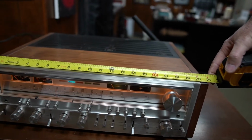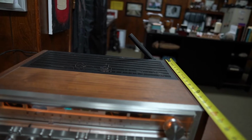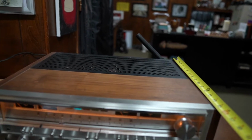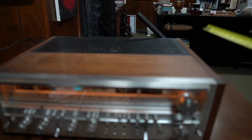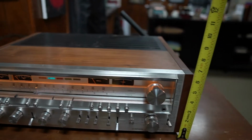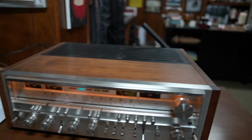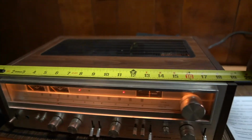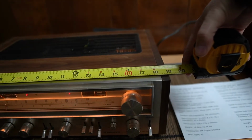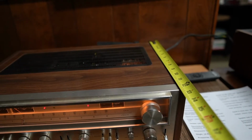It is 20 3/4 inches wide. It is about 16.5 inches deep. The knobs stick out a little bit, and then height is just under 7 inches, and so it's a big machine. The 780 is 19 inches wide by about 13